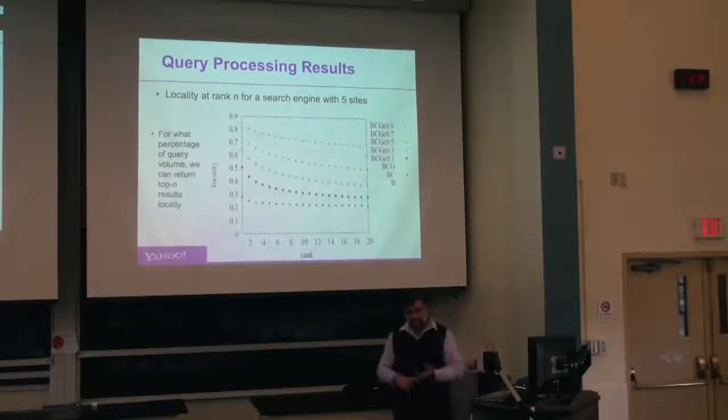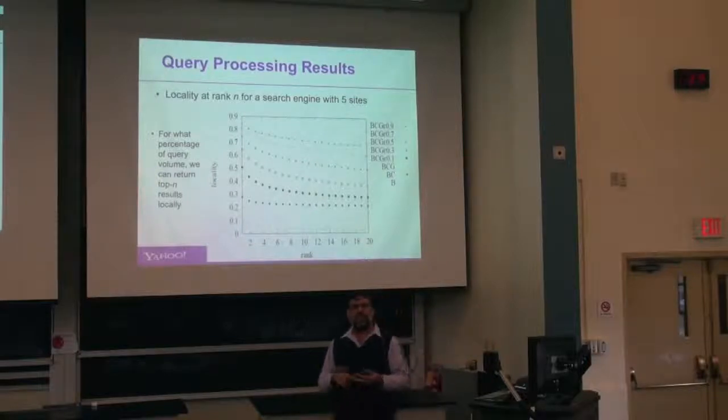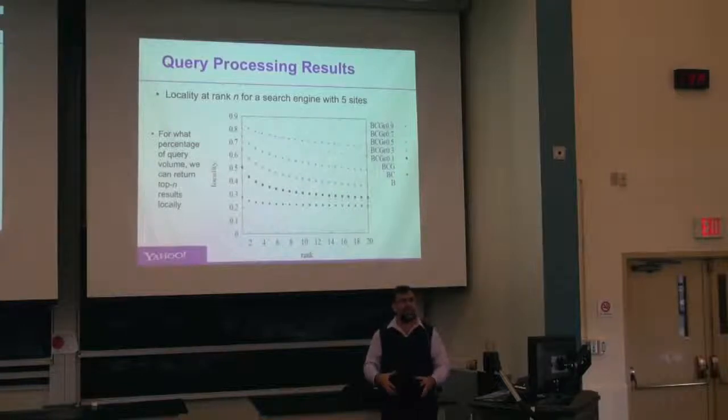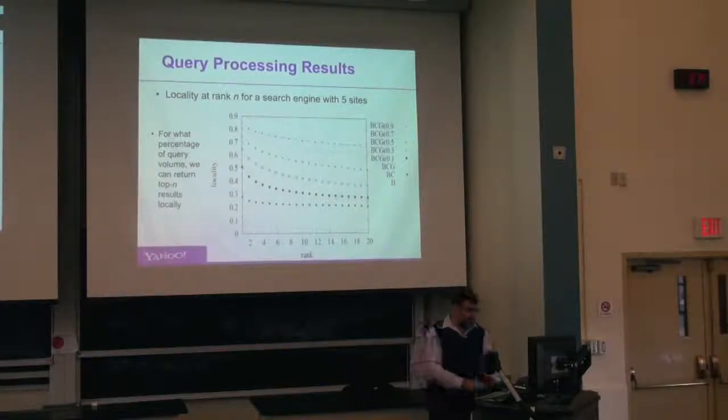And when you do caching, when you do replication, what are you doing? You are increasing the fraction of local queries. Basically, local queries is an artifact that you can tune by using these techniques, putting more things local, so things that people look for, they look local. And we got these curves of different locality depending on the architecture.